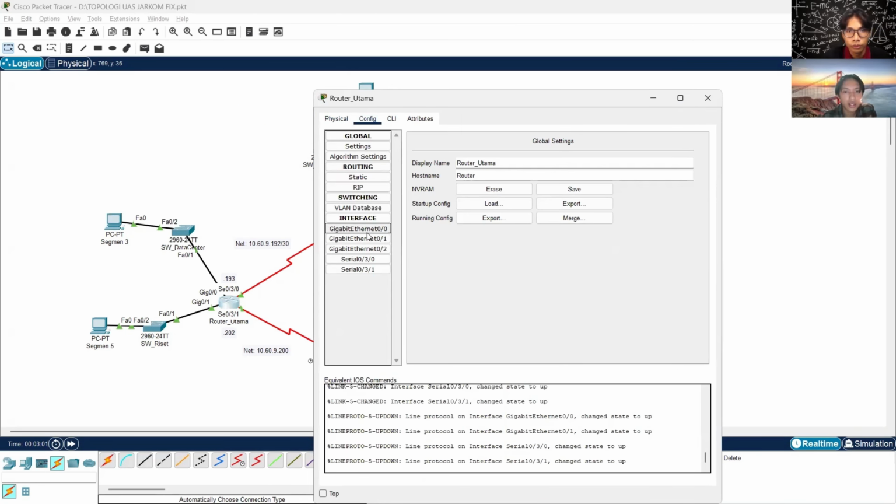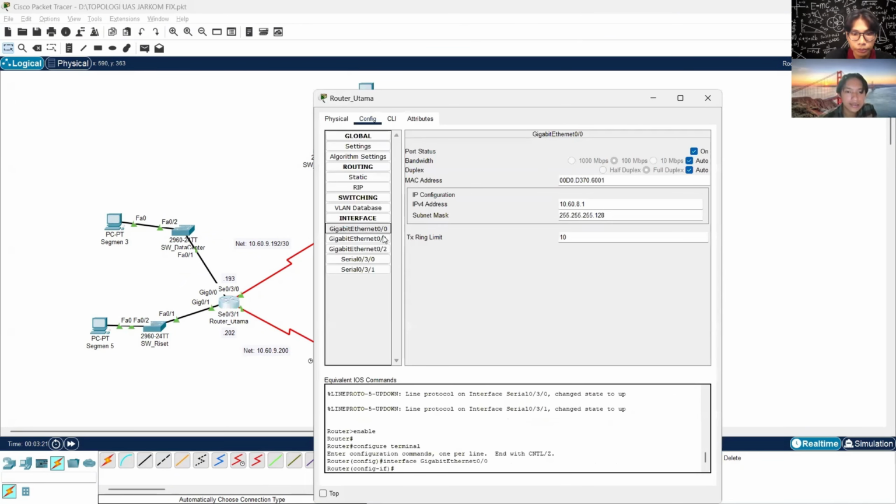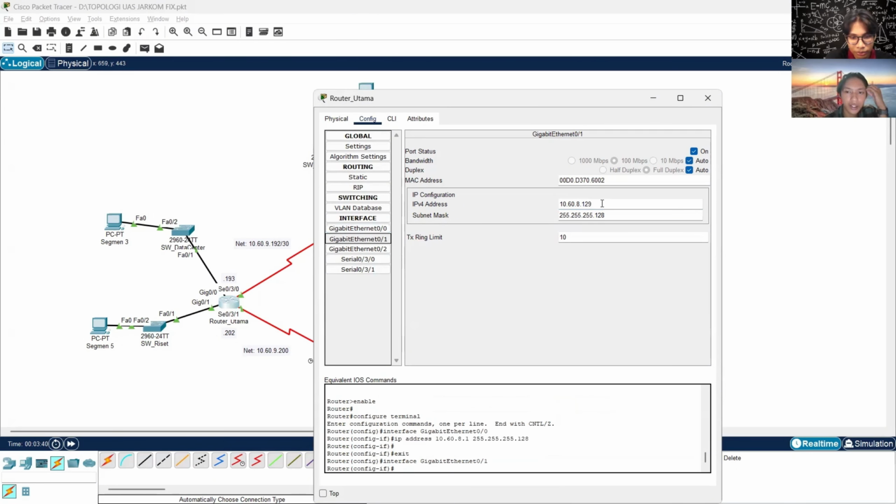So in this router, we can see that it is connected to each segment, because router utama includes segment 5 or reset and segment 3 for data center. The router is initialized with the default gateway. This is the default gateway of segment 3 or data center, and this is the default gateway of reset.